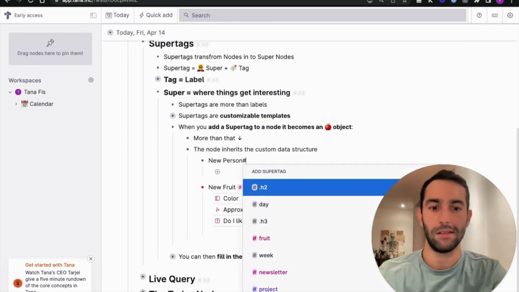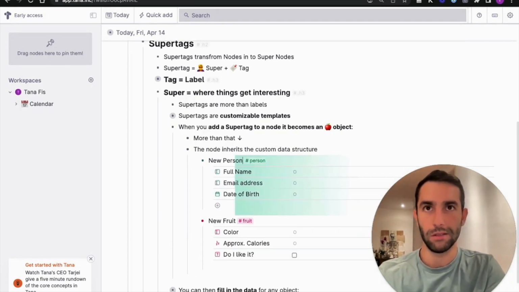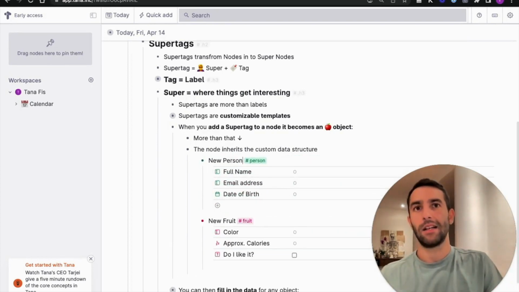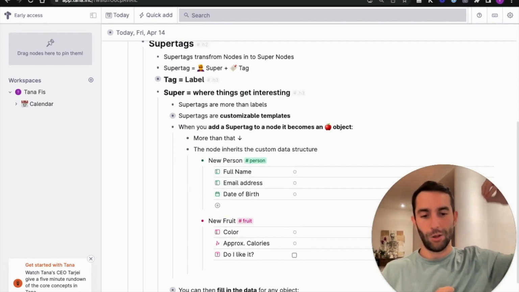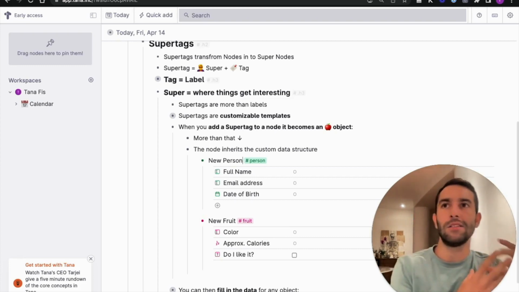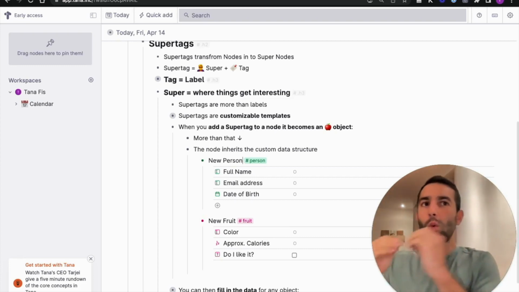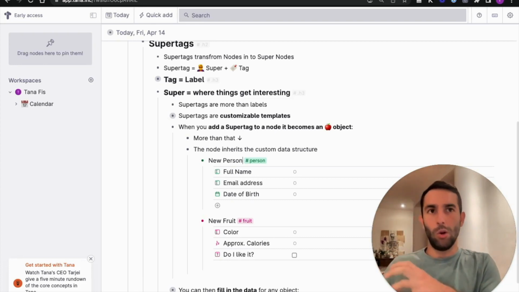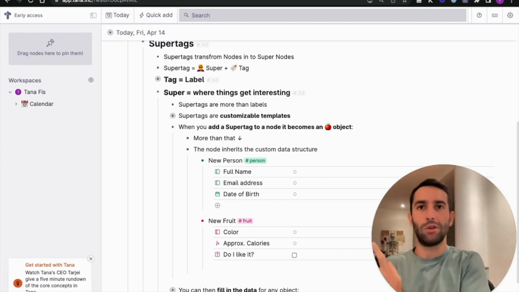So I'm going to add this live right now, person. When I add this tag, it brings in the fields associated with the tag. This is why it's a template: it's a predefined structure that once you add it to a node, it brings in the structure with it.